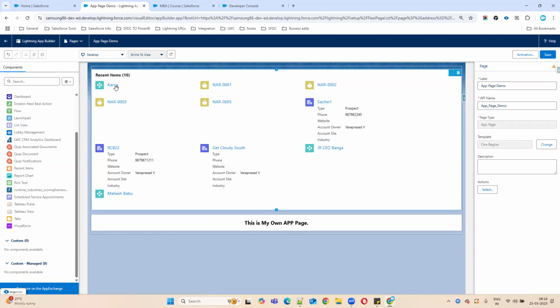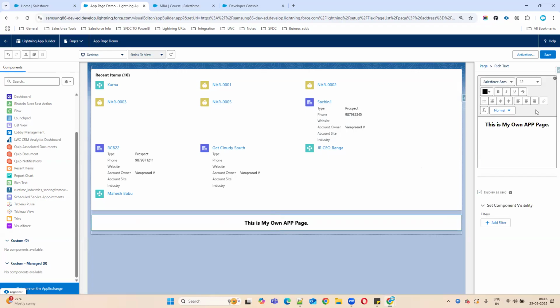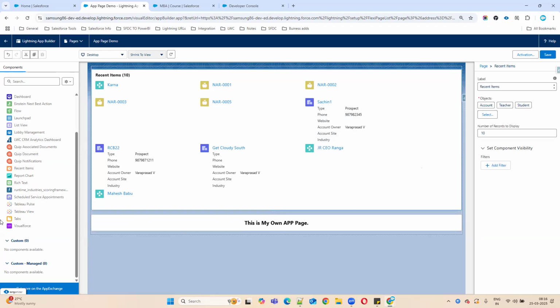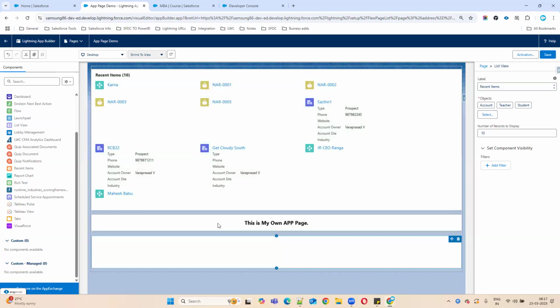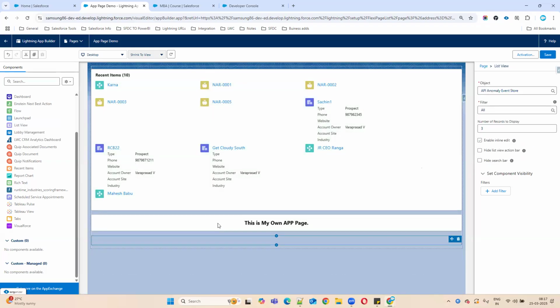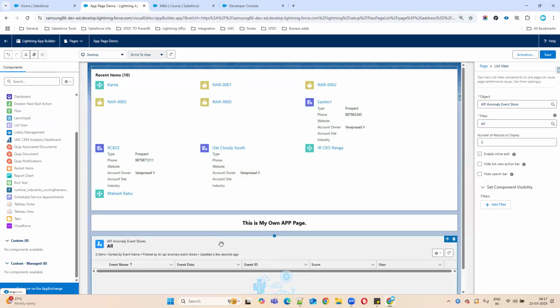Okay, like this, you can add your standard components. This is a Rich Text component. This is the Recent Items. So what else do you want to add? This is Documents. We don't want all these things now. In case you want to add any specific list, select which object list you want to use. Just select this one.